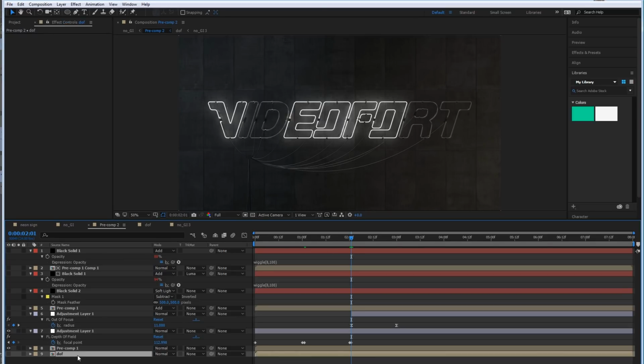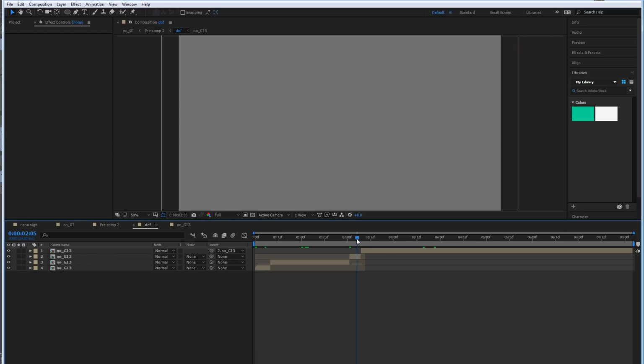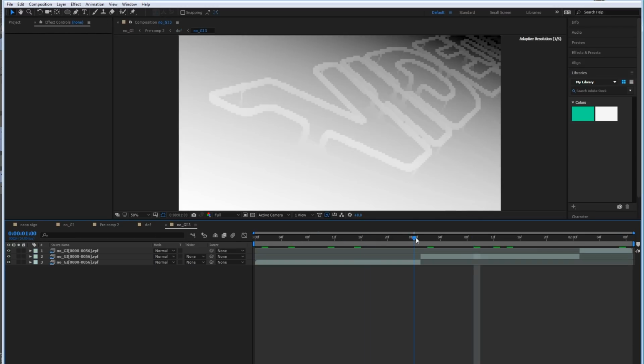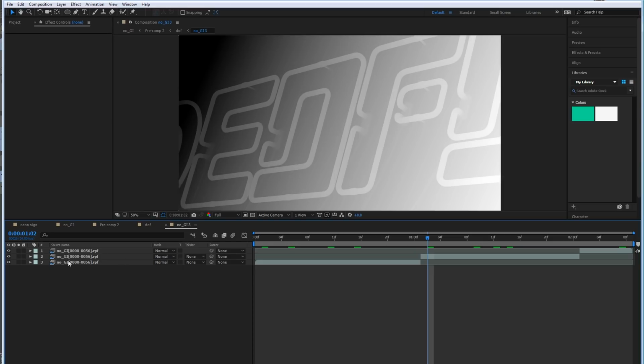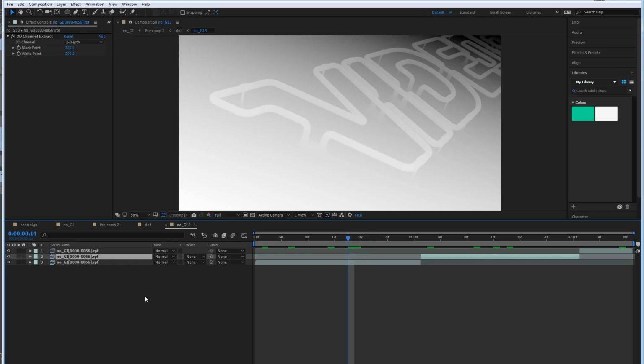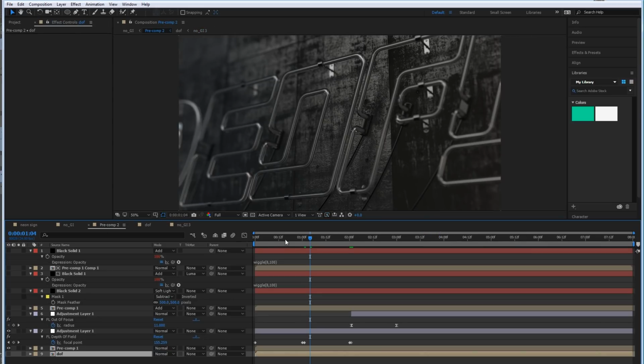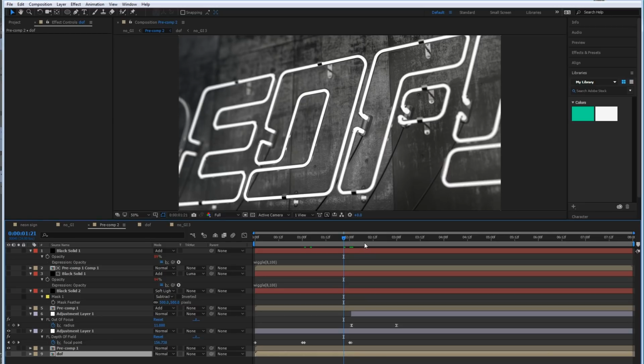So if we go into the depth of field pass, I had to extract a separate pass for each of the separate sections. So if we dive into here, when the camera switches, it's a separate split layer with a different value for the extraction of the depth pass, because of course it's going to be different from angle to angle. Anyway, that combined with the focal length distance change is how I was able to create the final result.